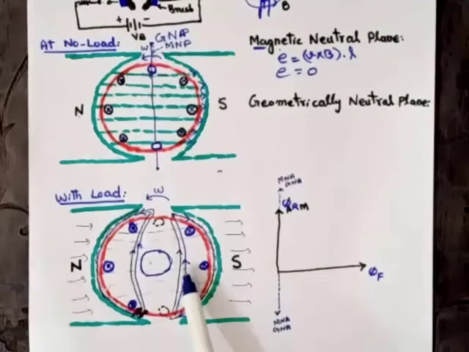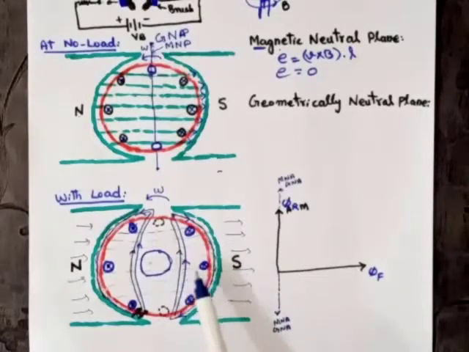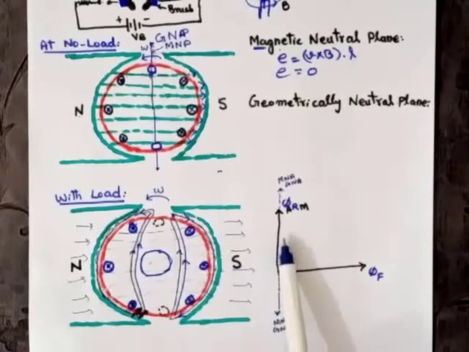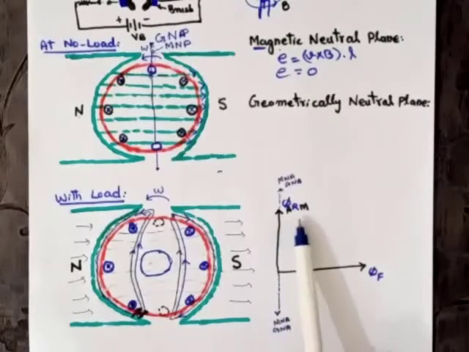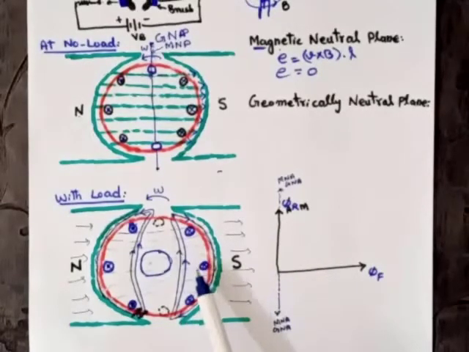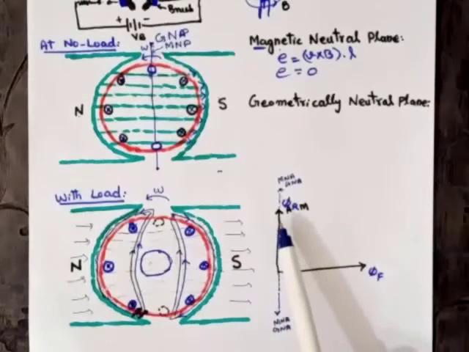And this is the direction of the magnetic fields due to the armature windings. It means here the direction of the magnetic fields due to the armature winding is upward. So here is the direction of the magnetic flux due to the armature winding. That is, when we connect the load across the rotor, then the current will flow in each coil or each conductor of the rotor. Due to this current, a magnetic field will be produced, and the direction of the magnetic field we can determine by using the right hand rule. Here the direction of the magnetic field is upward.